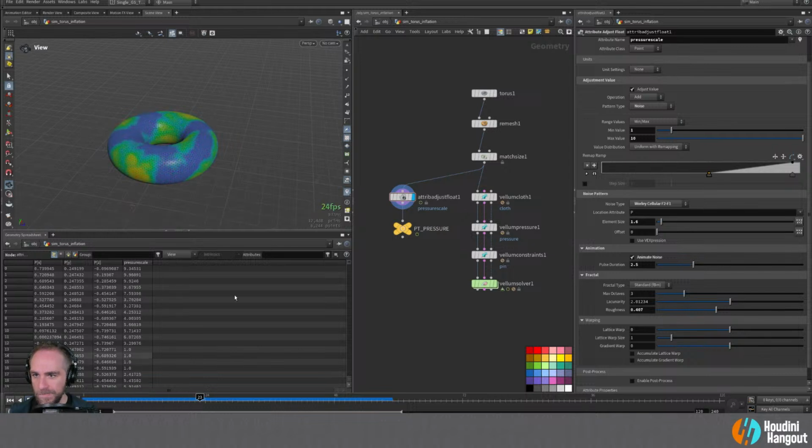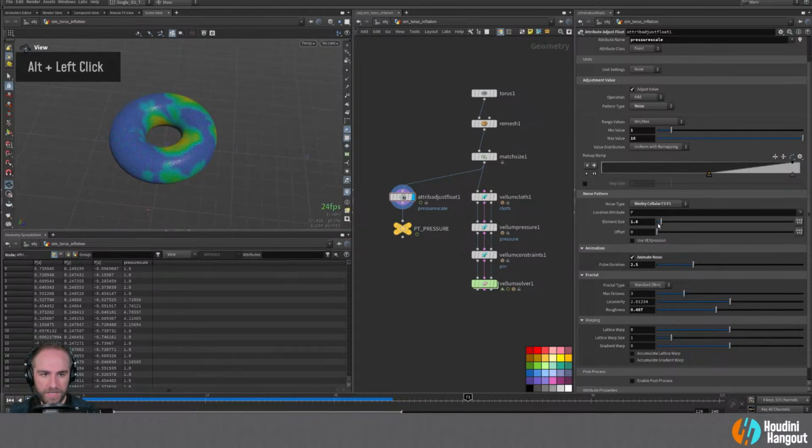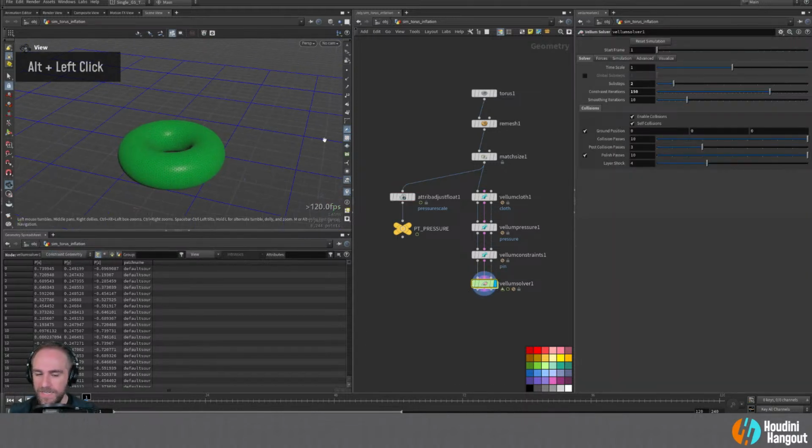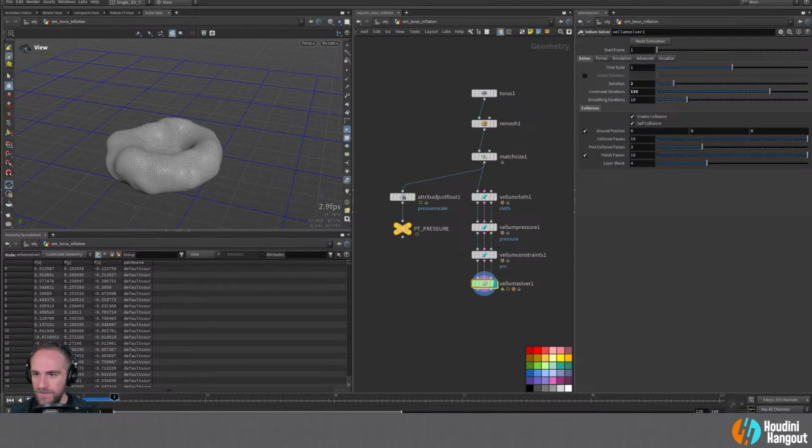There we go. And maybe if we make the element size a little smaller, that'll be more interesting. Yeah, maybe something like that'll be a little more interesting. I don't know. Let's see. Again, like I said, I don't really know what I'm expecting here, but